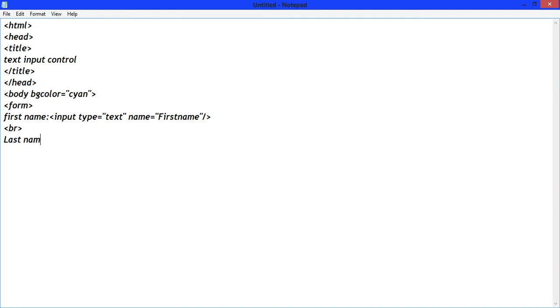Last name, copy it from here and paste it, change it to last name. Now close the form tag, close the body tag and close the HTML tag.